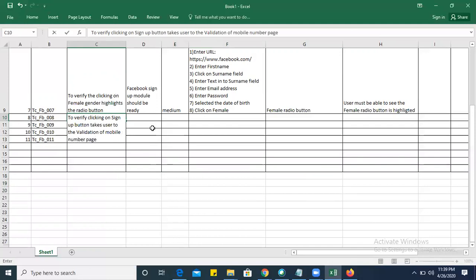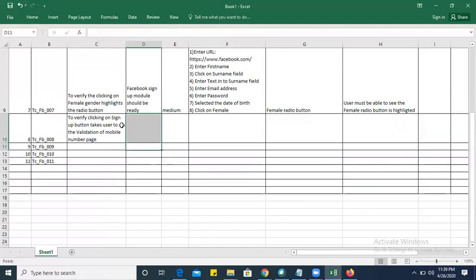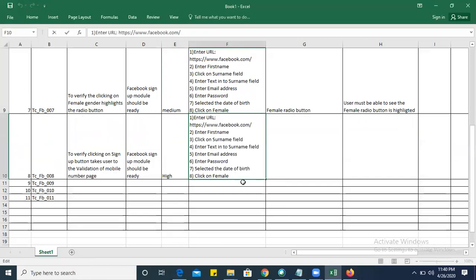After this it will verify the mobile number, right? For this page the user should get navigated. If you don't get navigated then it will be very difficult. Okay, so next one is,